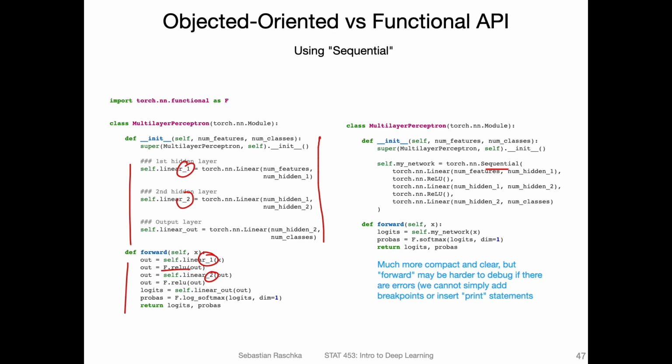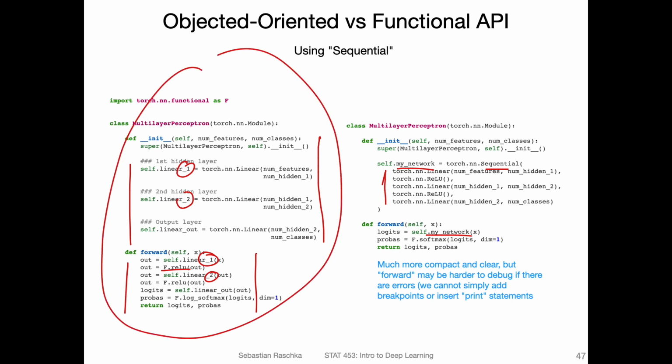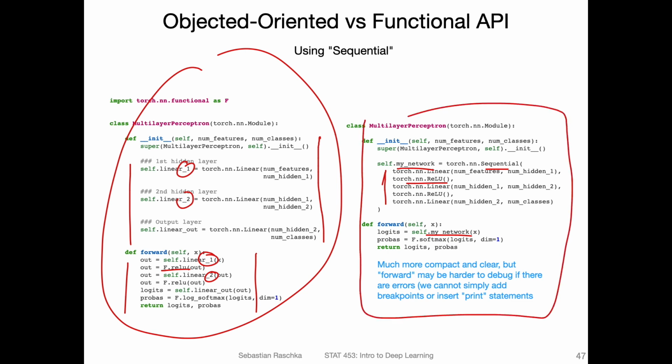With a sequential one, you define the order when you create the thing. Let's say I'm assigning it to my network, and then I'm calling it my network, but I don't have to redo all the forward passes. It's automatically in the sequential thing. So I like this. Back in the day, when I first learned PyTorch 4 years ago, I was using mostly this API because I felt I was avoiding the object-oriented API for things that don't have attributes. But over the years, I learned to prefer this API because it's harder to make mistakes. It's easier to define everything in the right order here, I find.